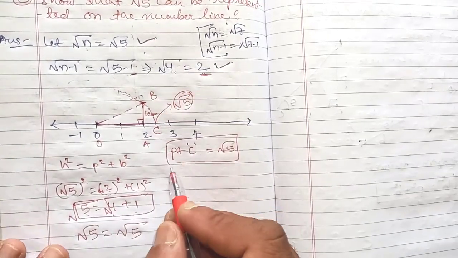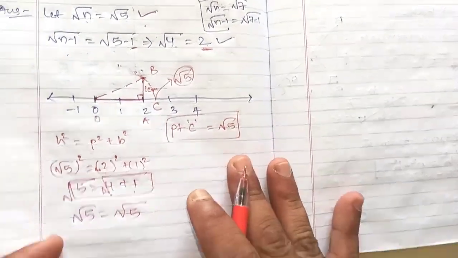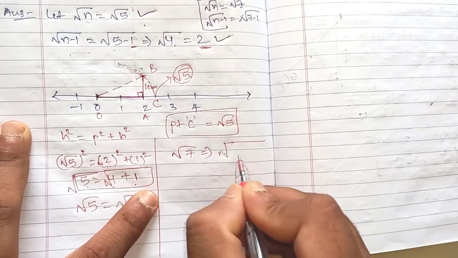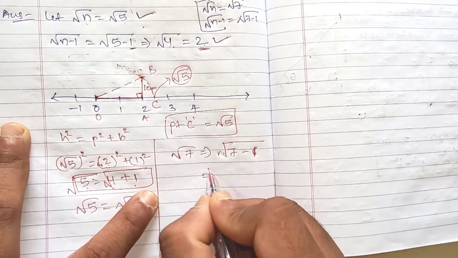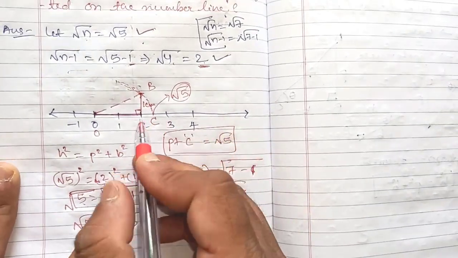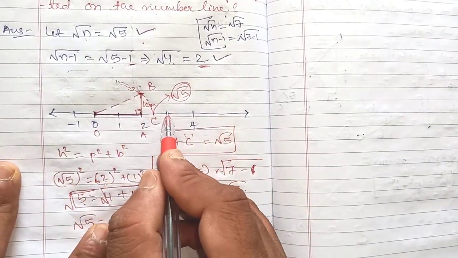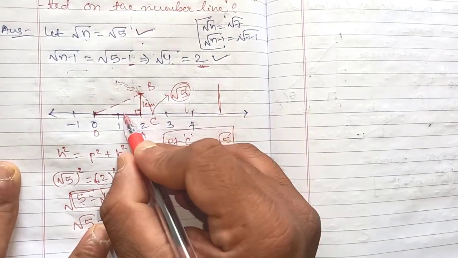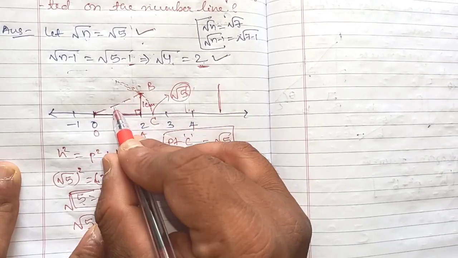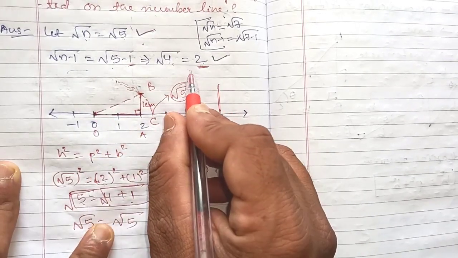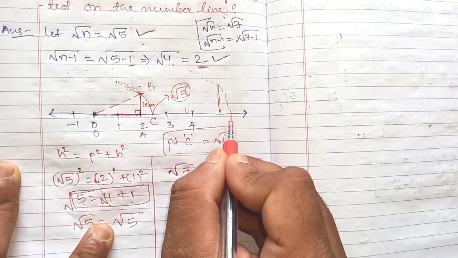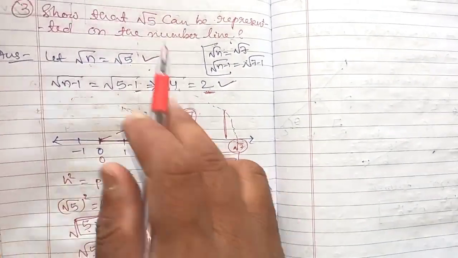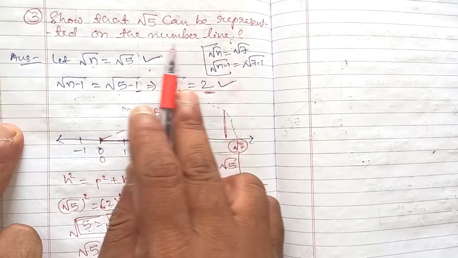Are you getting? Any value. Suppose I explain about root 7. Suppose you are finding root 7. So what is root 7? Root 7 is 7 minus 1, that is root 6. So first of all you have to represent root 6 on a number line. Then draw a 1 centimeter line in this way, join from O to that point, keep your compass on O, keep the pencil here and draw a small arc. Wherever it is touching, that will become root 7. Are you getting? In this way you can represent the square root of any number on a number line.